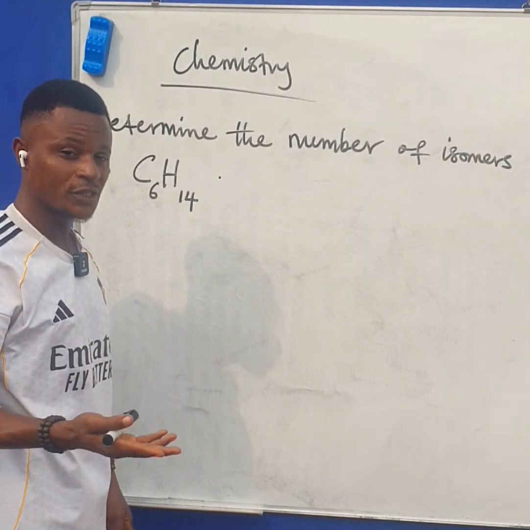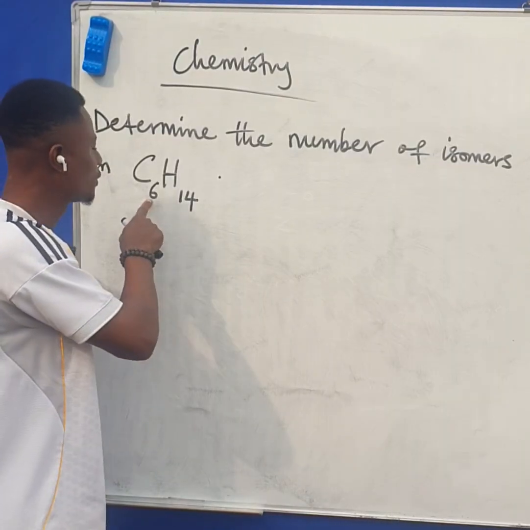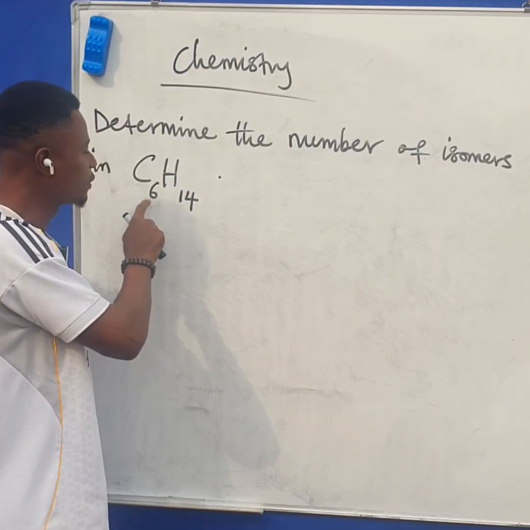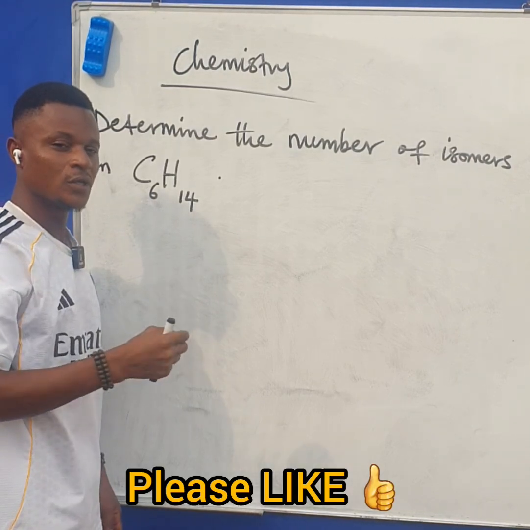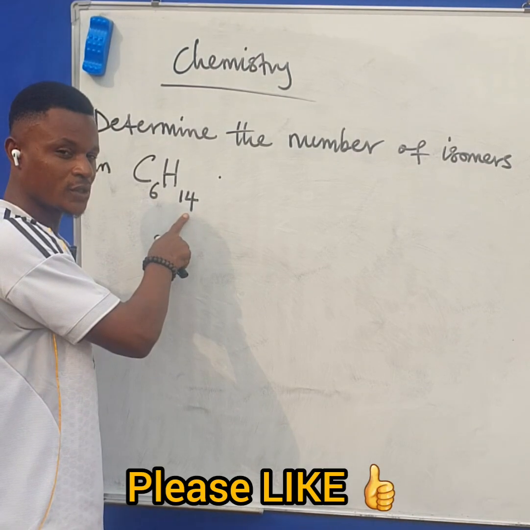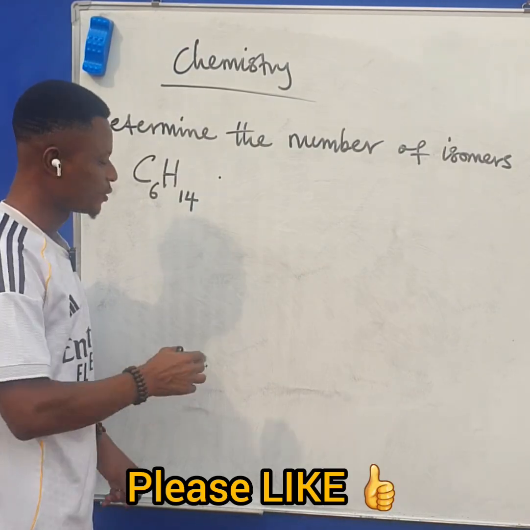How do you know if it is an alkane? Look at the number of carbon atoms. If you multiply this 6 by 2, you get 12. Then if you now add 2 to that 12, you get 14. You understand? Another example of alkane is